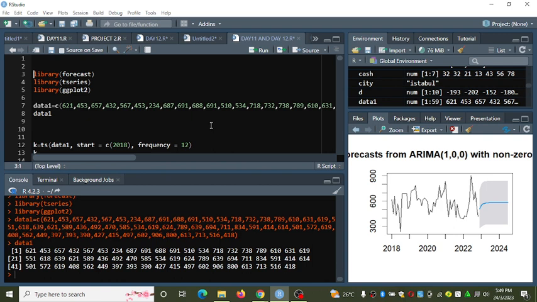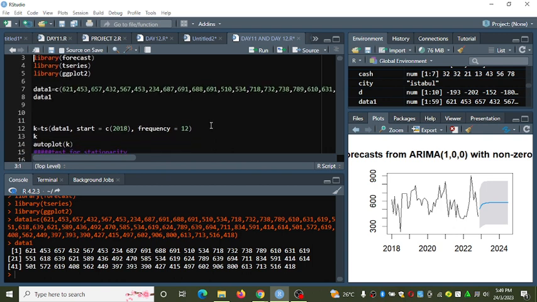Now, the TS function, you have to specify the starting point of your data, or rather the month where your first data was recorded, or rather the oldest data.